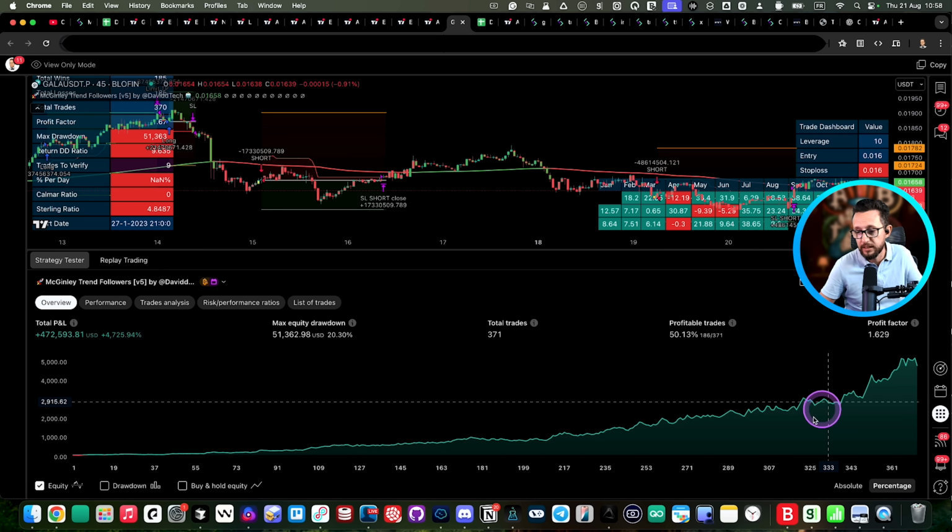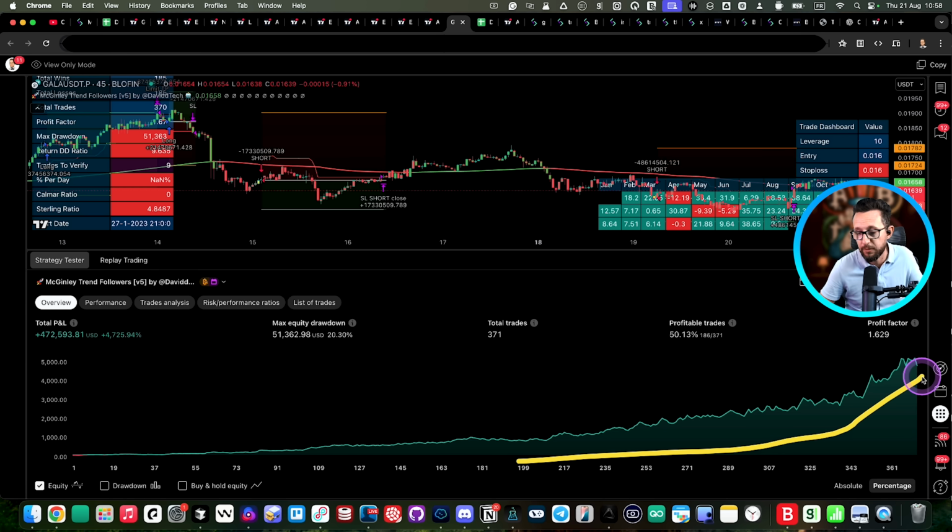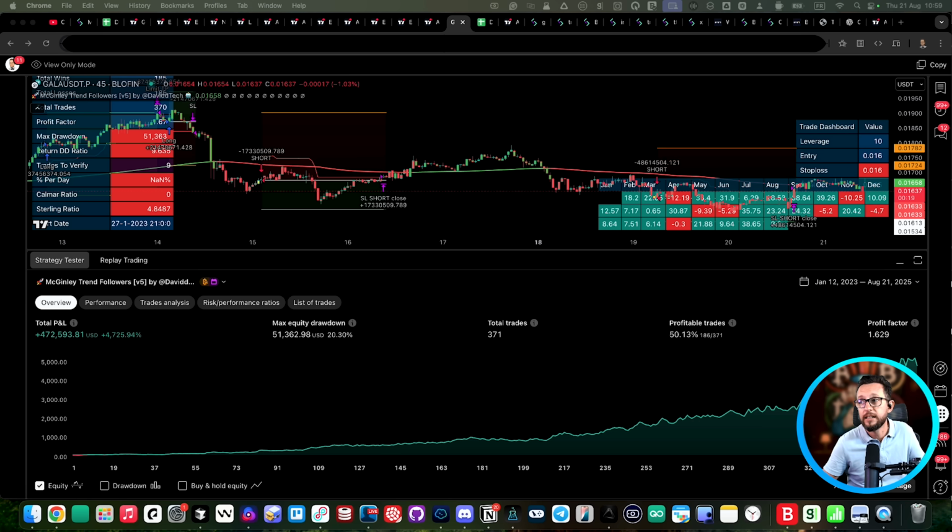As you can see, this is an absolutely beautiful equity curve with a profit factor of 1.629. The win rate on this one is slightly lower at 50%, but we do have an incredible P&L, or profit and loss, of 4,725%. Looking absolutely amazing for a max drawdown of only 20%. Gotta say, this is one of my absolute favorite strategies and has been very profitable for me for a very